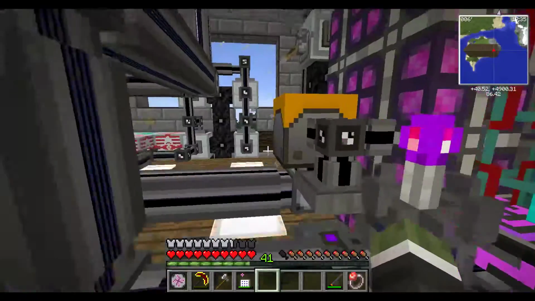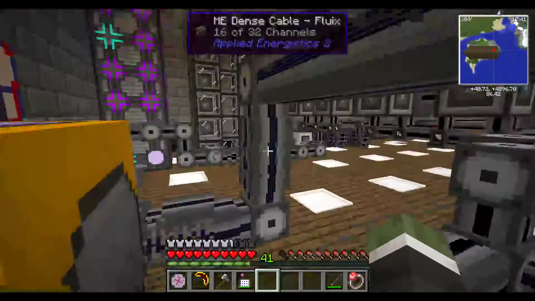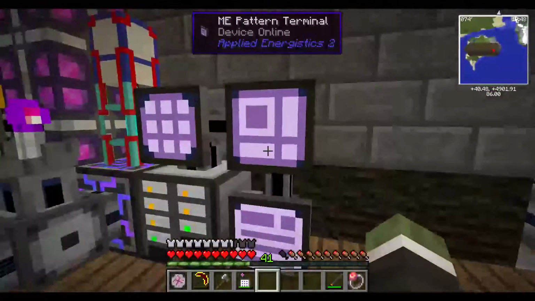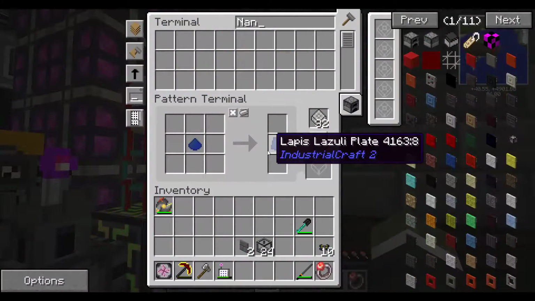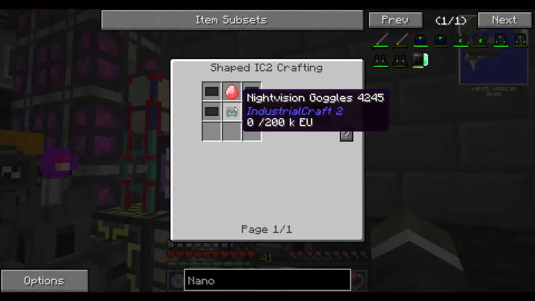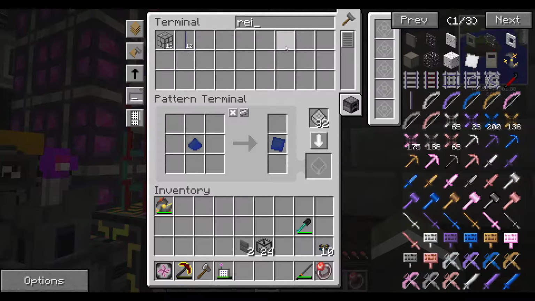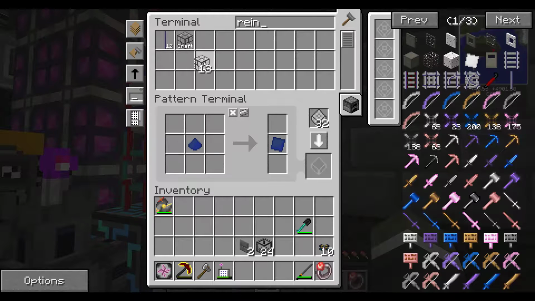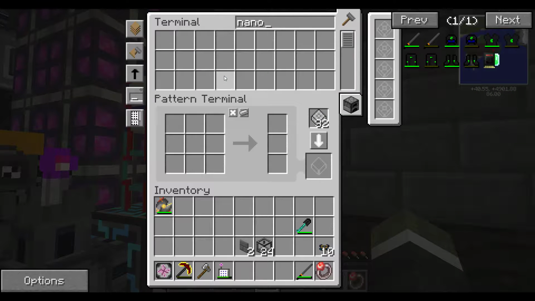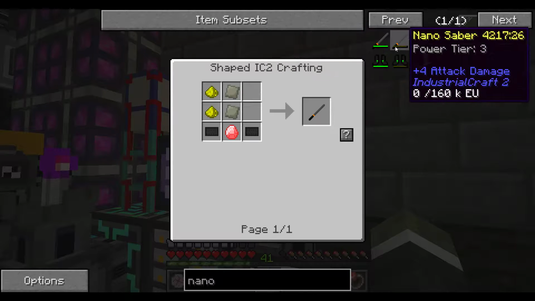Okay. Boom. Okay. Oh, I wonder if the nanosuit gives you night vision, since it requires night vision goggles. We do need... I don't actually, maybe we don't. Oh, we do have a recipe for reinforced glass. Cool. Nano. Is that everything? We should have...